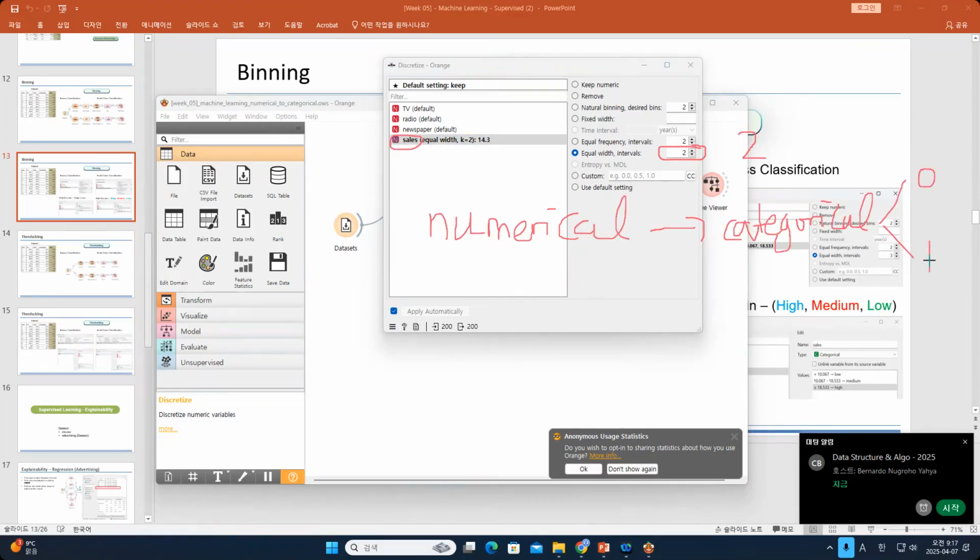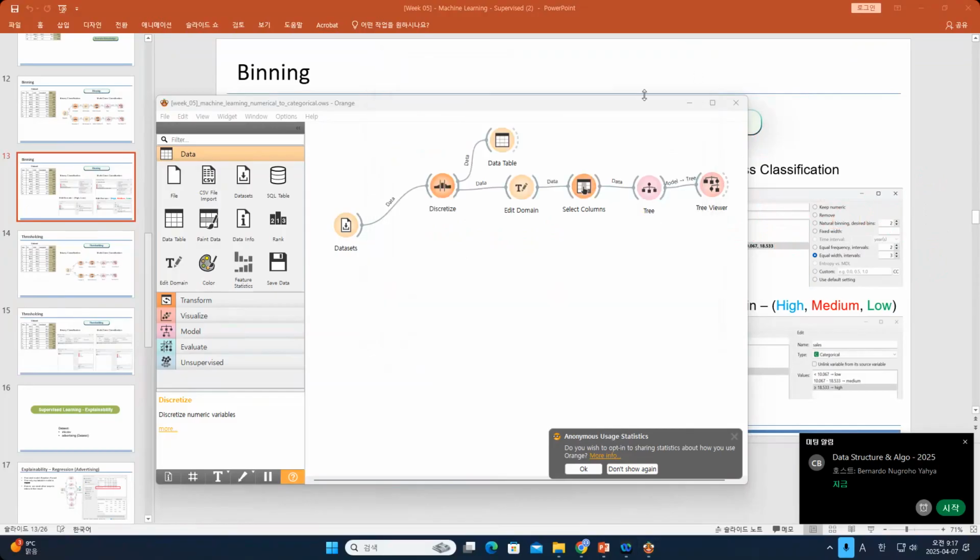And then we can decide what is 0, what is 1. For example, 0 is low sales, 1 is high sales. Or maybe 0 is small sales, 1 is big sales. Yeah, it's up to you. After we decide that there will be two categories,